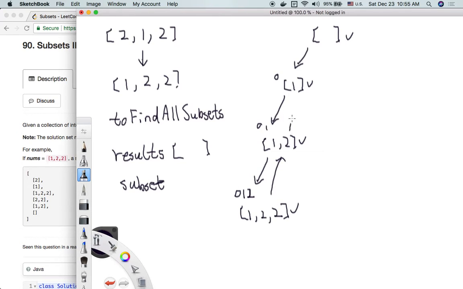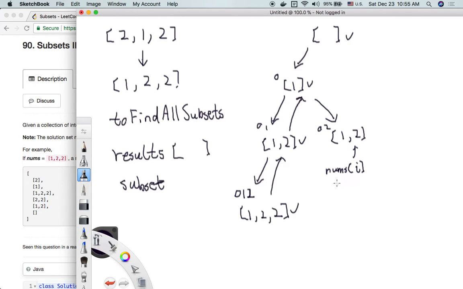So here we're going back. Here we can have different parts. So 0, and we can go into the 0, 2. That's our next element at the same level, and then 1, 2. But you see here, this is actually the same subset, because for this element in nums, we have